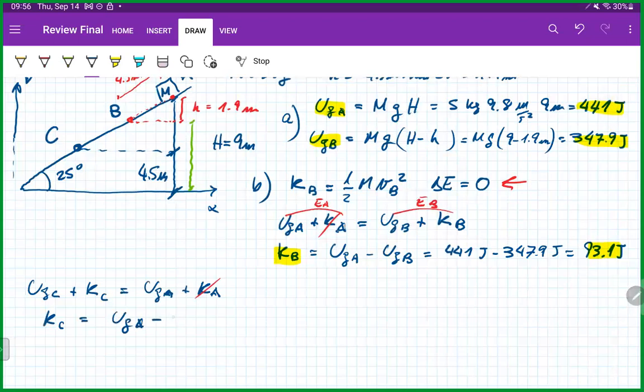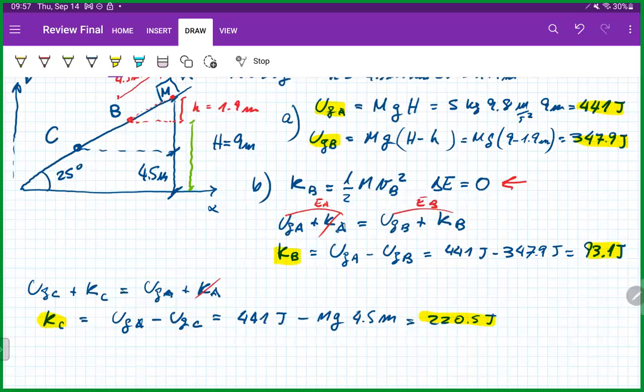UGA minus UGC, and that's 441 joules minus mg times 4.5 meters. Because now this is the actual height that we are taking into account, h, the height at point C. And that's 220.5 joules. This problem is basically to practice the fact that the height of the object is not